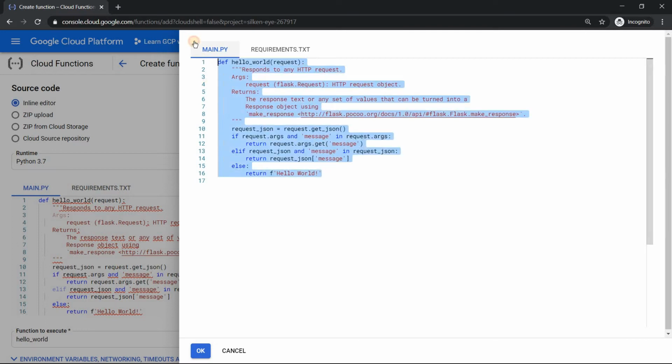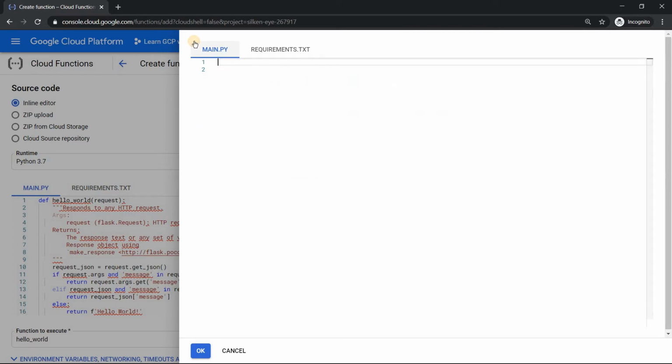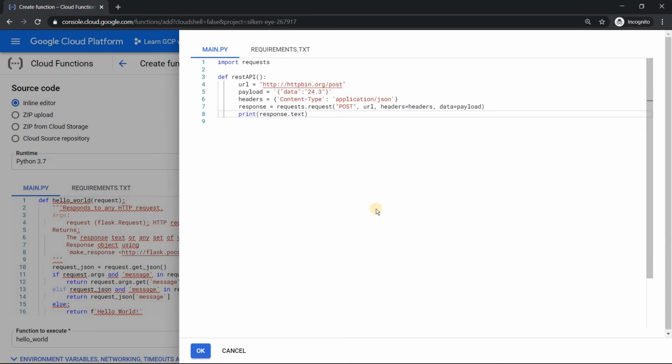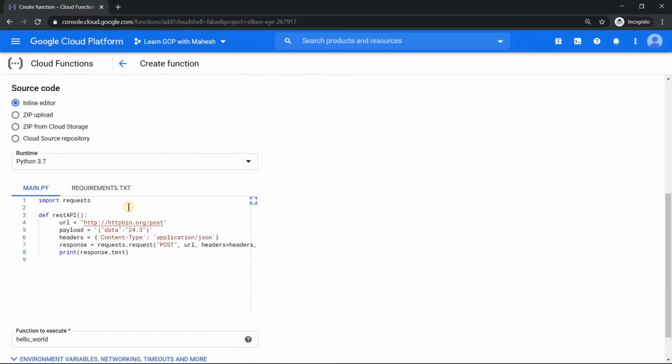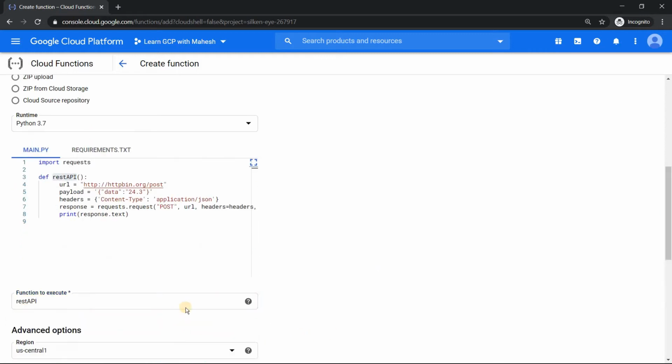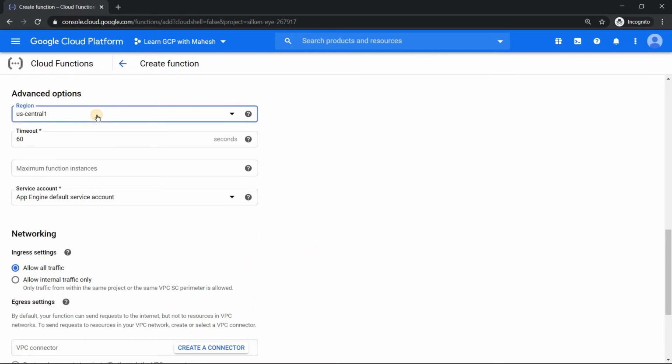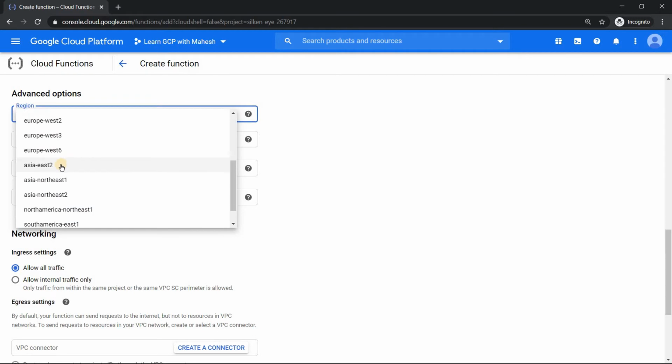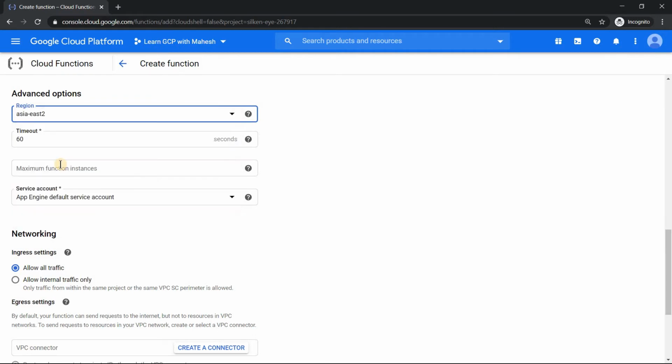Now, if I select all and replace it with my code, let's see what happens. Click on OK, and the name of the function which I need to invoke is REST API. All good. And the closest region for me is going to be Hong Kong, so I'm just going to change it to Hong Kong.